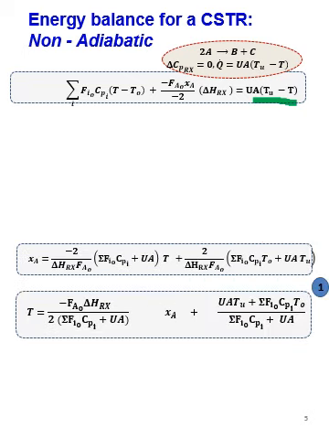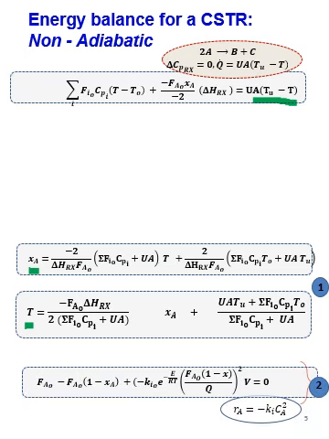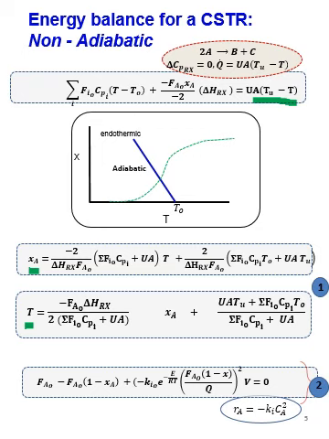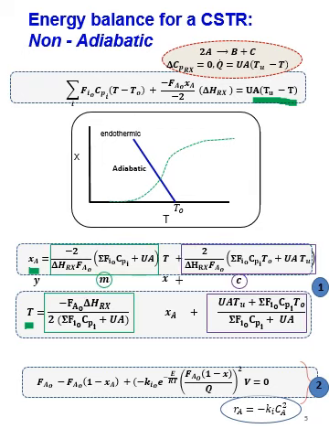If I now consider the non-adiabatic case, I have this extra term in my energy balance for heat transfer. However, I can still write an expression for X and temperature respectively, make them the subject of my energy balance, and my mole balance stays unchanged. So to illustrate what's happening to my energy balance and where it intercepts my mole balance, let's consider the fact that once again we have two linear equations. This is the one that's used to generate our plots.